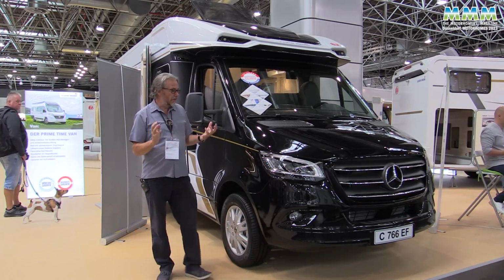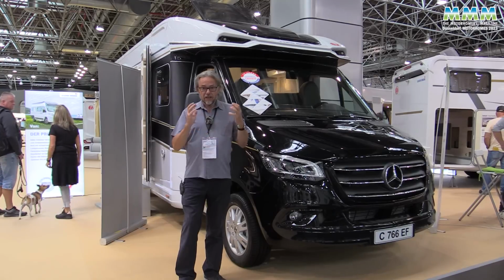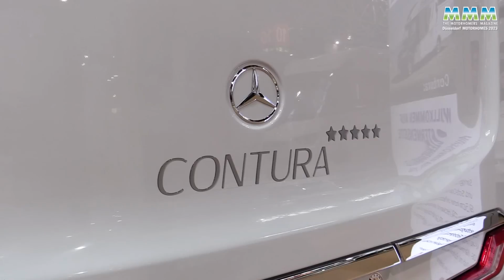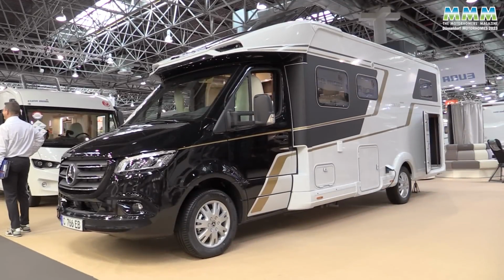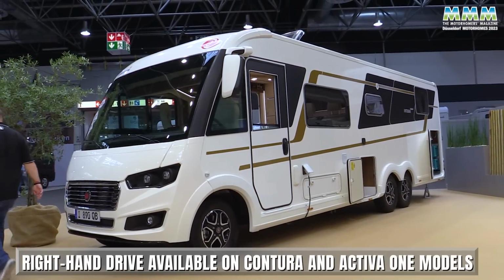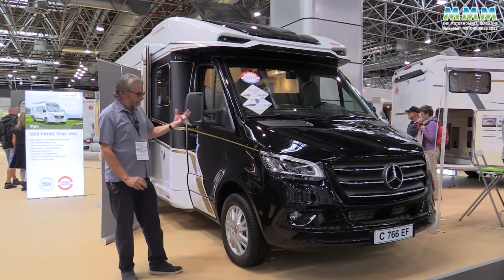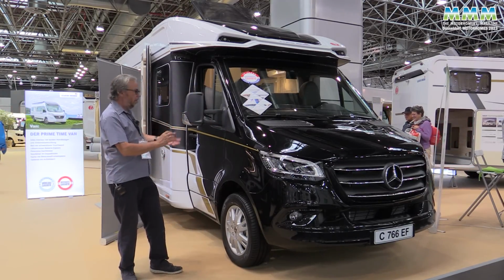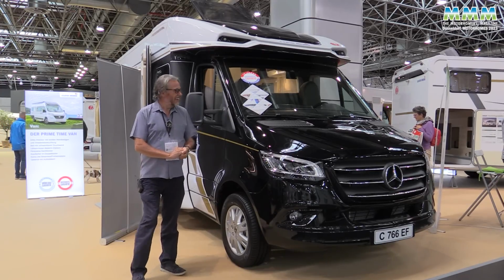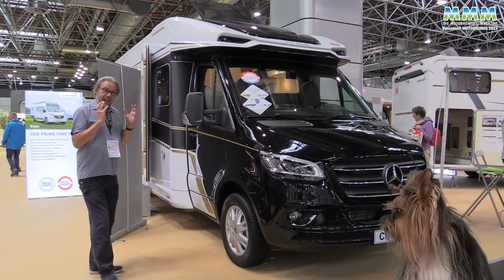German brand Euromobile is back in the UK for 2024, and a complete range of models from Activa overcabs to Contura Mercedes-based low profiles, and even, left-hand drive only to start with, the Integra A-Class big tag axle job. Now this Contura is a very stylish premium low profile, of course, on the Sprinter. Comes with a free dog as well, and let's just go and have a look inside at the Happy Lounge